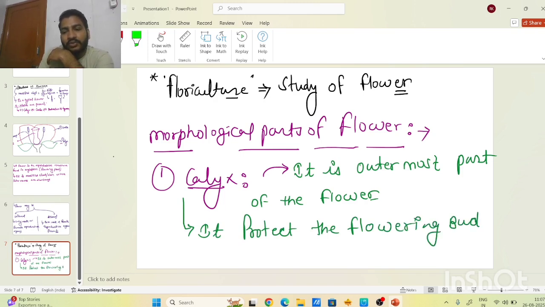In the initial stage of formation of the flower, calyx protects the flowering bud. जब फ्लावर बन रहा होता है तो बहुत ही छोटा होता है, नाजुक होता है, तो उसको प्रोटेक्ट कौन करता है? कैलिक्स करता है।